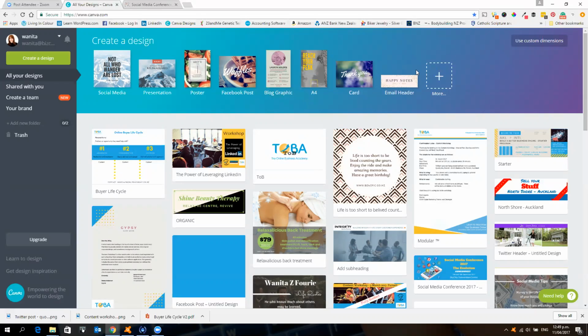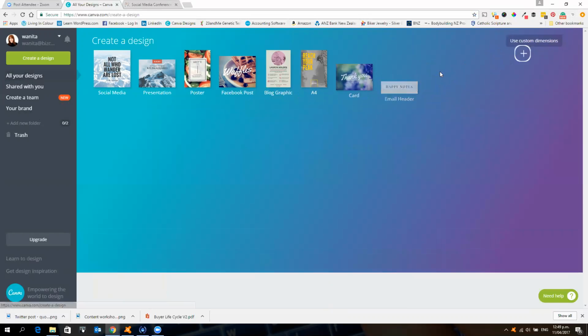So you'll come in, you'll probably have a blank screen over here, and you will get an interactive demonstration from Canva when you first register. But I'm going to jump ahead and I'm going to show you what you can do in Canva. So at the top, you'll see create a design. And what I love is Canva have put together all the different kinds of images that you can create. If you click the plus button,